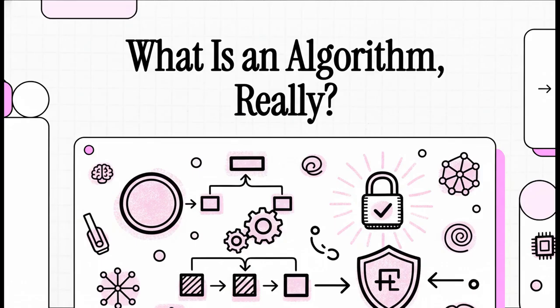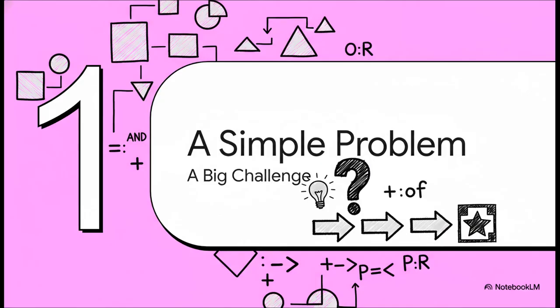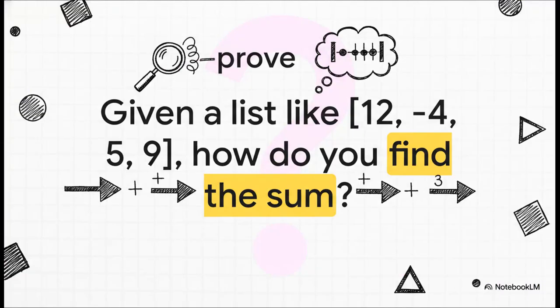to prove that it's correct. So, to get our heads around this big challenge, let's start with a problem that, on the surface, looks incredibly simple. Take a quick look at this list of numbers. If I asked you to find the total sum, how would you do it? I bet most of us would do the exact same thing, right? You'd start with 12, then add -4, then add 5, and so on until you hit the end of the